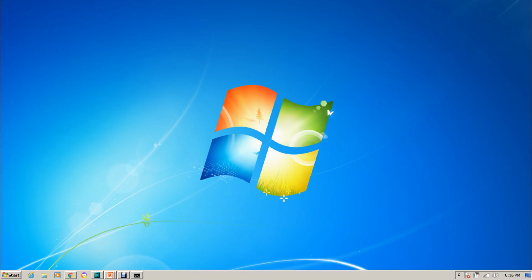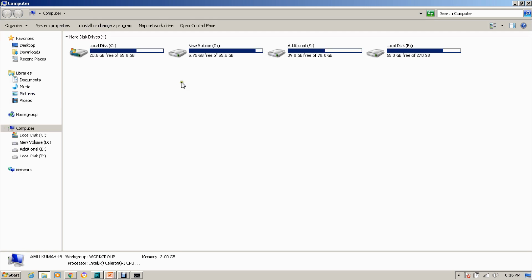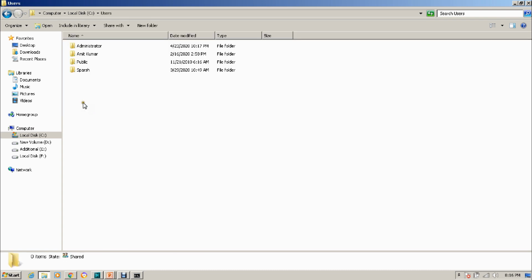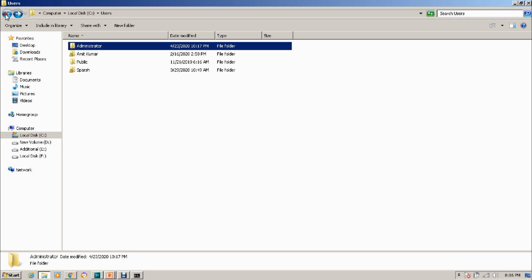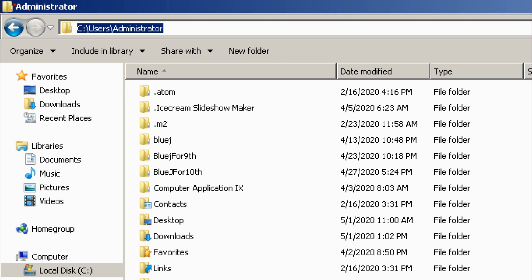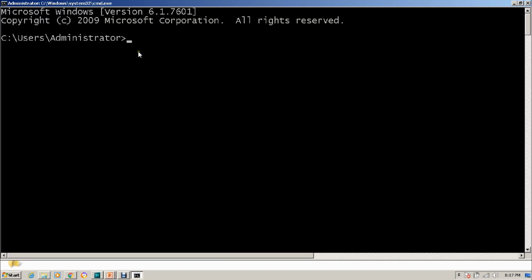I can show you that C drive as well. In your computer system, if you open My Computer or This Computer, depending upon which system you are on, you can see this C drive. Inside this C drive there will be a Users folder, and inside this Users folder there is an Administrator folder, right? So right now I was in this Administrator folder. Even if you click on the address bar of Windows, you will see an address like that only. See, C:\Users\Administrator. Our command prompt was also showing the same address, so whatsoever I type here will be for that specific address.